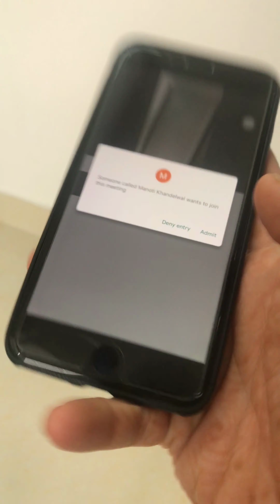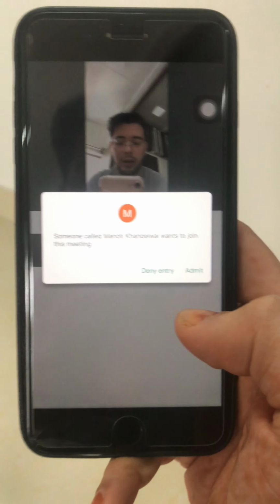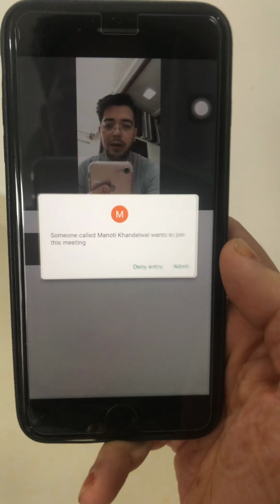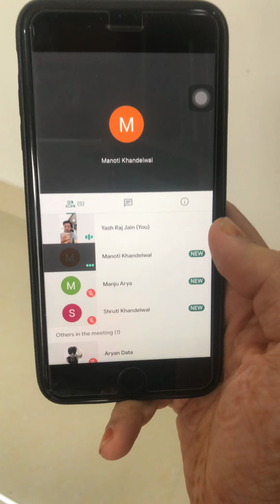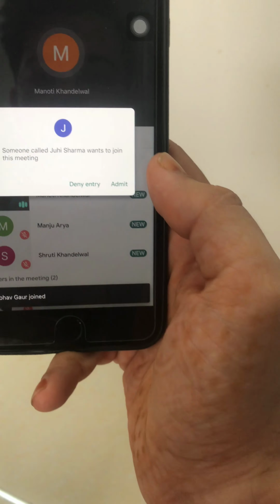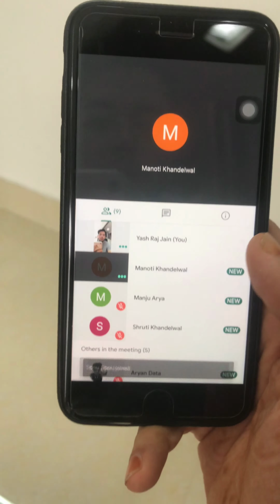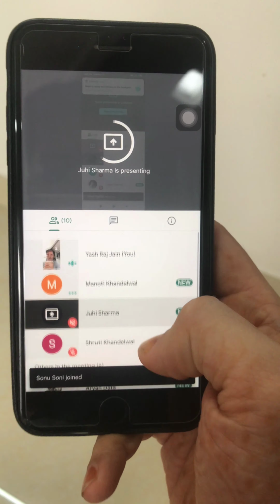Now whosoever joins the Google Meet app will ask you for permission, so you can admit them here. You have to admit everyone, and now the meeting is starting. It asks for permission as and when everyone is joining this meeting.